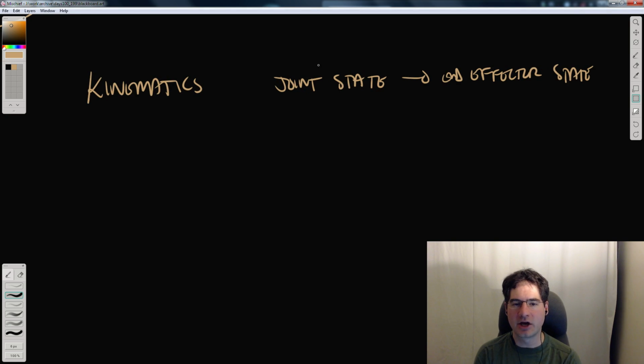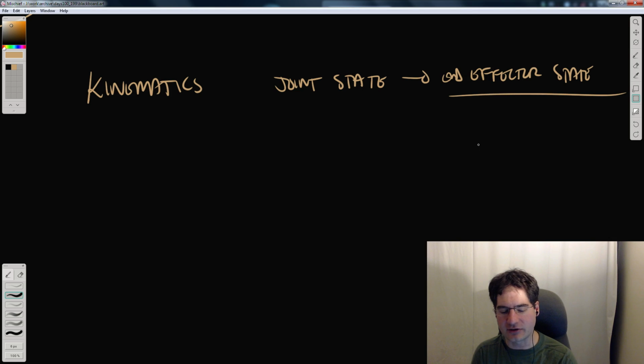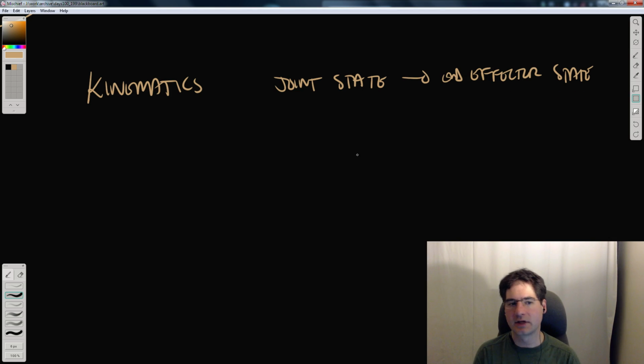That is kinematics. We input the joint state, the theta, phi, whatever. We get out an end effector state, which is the position of the hand. Inverse,